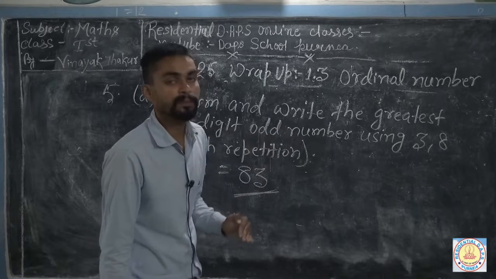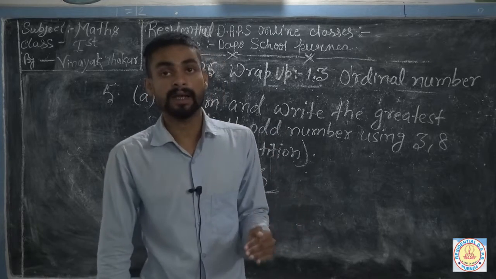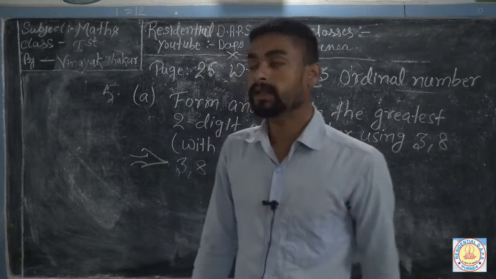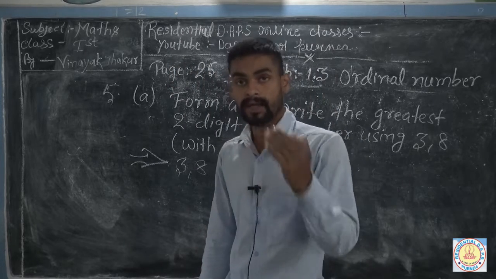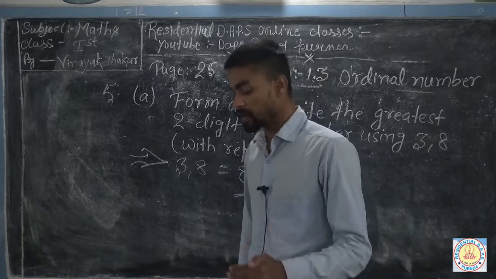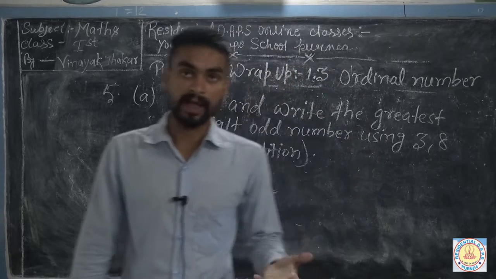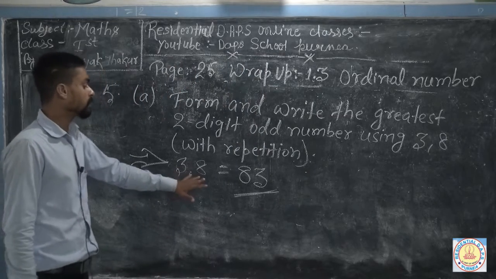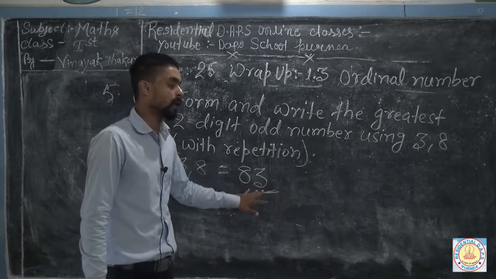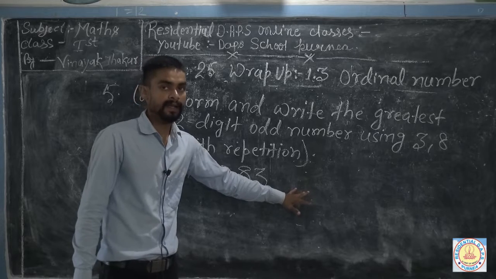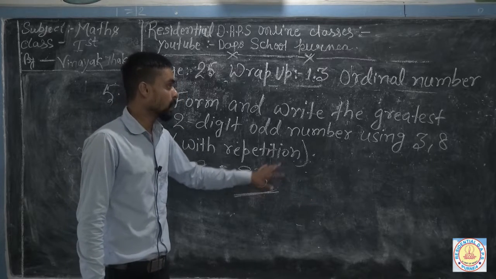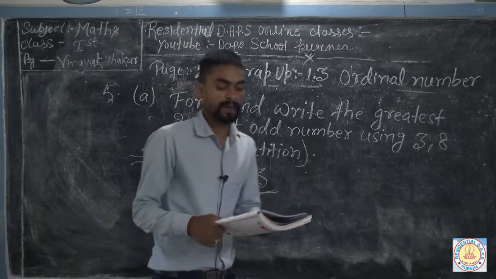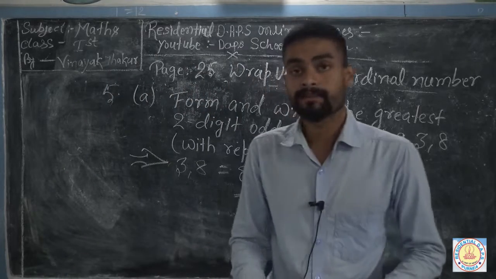सबसे बड़ा odd number इसमें आपको निकालने हैं, विषम संख्या। अगर हम 88 निकाल देते रिपीट करके तो वो नंबर गलत हो जाता, क्योंकि 88 एक इवन नंबर है, सम संख्या है। आपको निकालने हैं सबसे बड़ी विषम संख्या इन दो नंबरों का यूज करके। सो जब आप इन दो नंबरों का यूज करते हैं तो 83 और 88 आता है, 88 इवन है, सो 83 ऑड नंबर ऐसा है जो कि इसमें बड़ा है। तो इस प्रकार से आप अपने सारे क्वेश्चन फॉर्म कर सकते हैं।